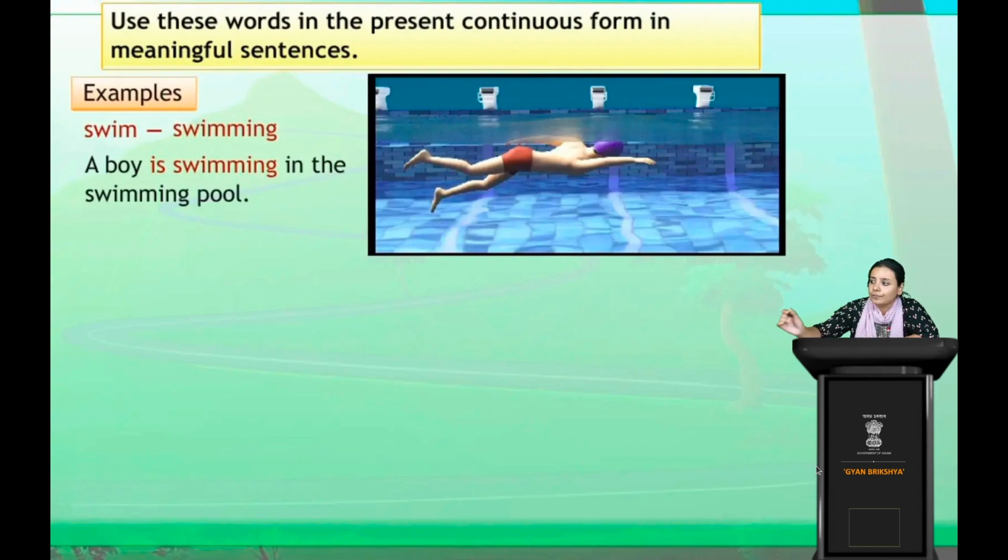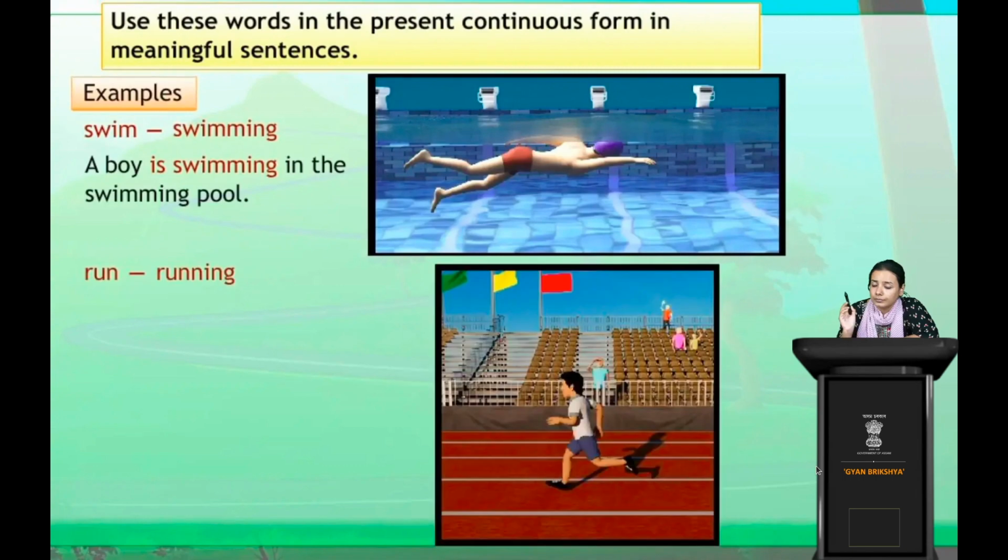Okay, so now see, what is this? This is the boy is running. So run plus ing, everything is the same, only you have to remember the formula: verb in present tense. It has to be in the V1 form, so V1 form plus what? Ing. Verb plus present, this should be in present form, and then verb plus ing forms present continuous. So this is the formula.